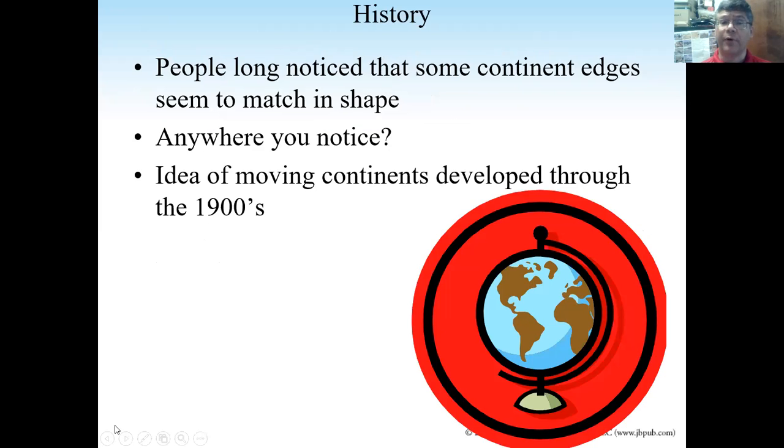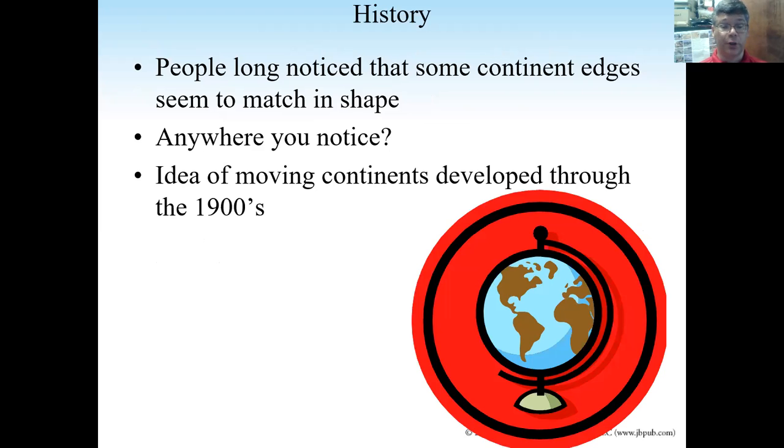Where did this idea come from? Well, pretty much as soon as people had decent maps of the coastlines of continents, they noticed that some continent edges looked like they would match up in shape. If you take a look at a world map,